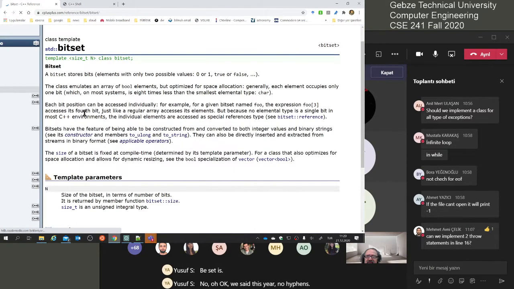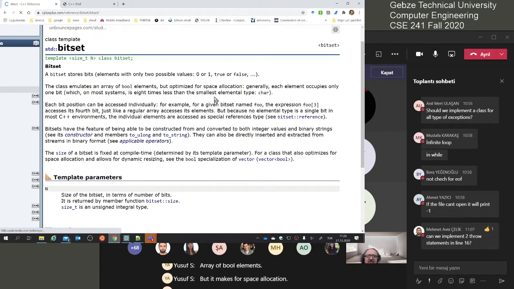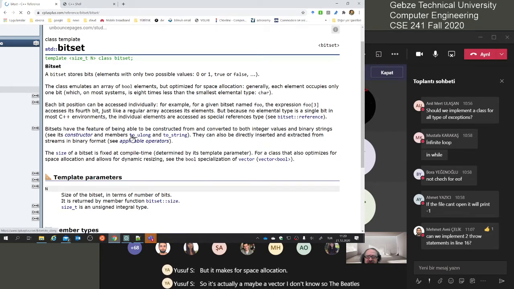Okay, bit set stores bits, an array of bool elements, but optimized for space allocation. So it's actually maybe a vector. I don't know. The bits can be accessed individually, and it can be constructed from